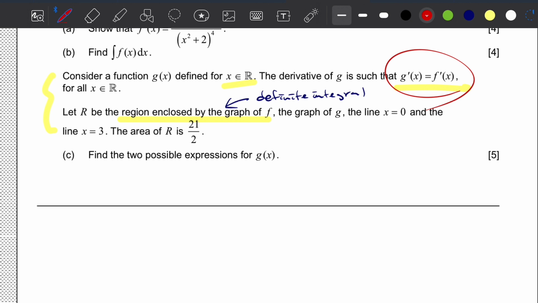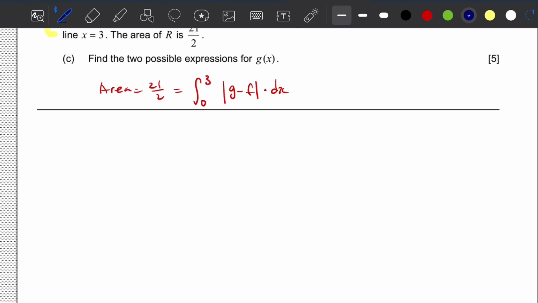So since we know the area is equal to 21 over 2, and we use the definite integral to find this area, then we know that the range is 0 to 3 for this integration process. And then since the area is the region between the two graphs, we can subtract one of the graphs from the other graph, but use absolute value to have a final positive answer, and we can do dx like this. Then we know that g of x is the same as f of x plus k,